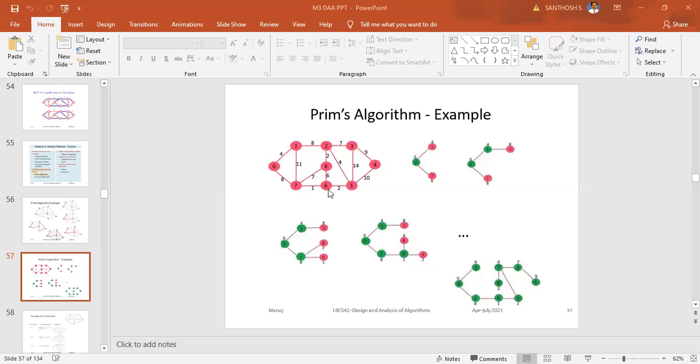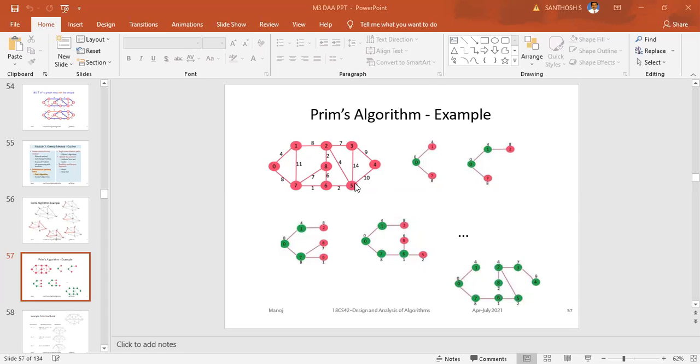So now from 6 you have to go with the next upper level. From 6 to 5 is 2, 6 to 8 is 6, 6 to 7 is 1. 1 is already been taken. So go with 6 to 5 as 2. So 6 to 5 you have taken it as 2.